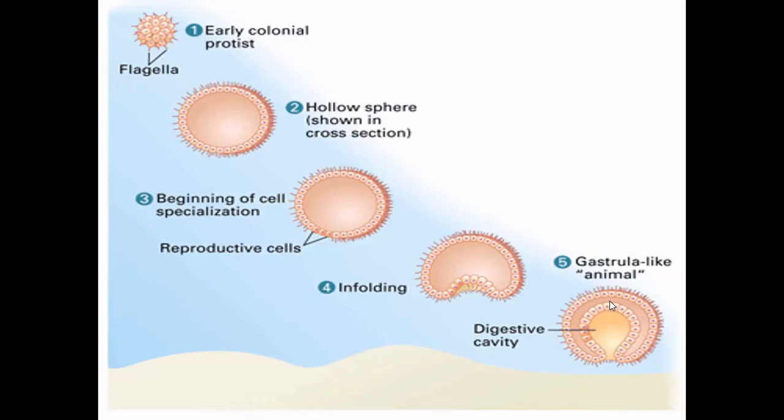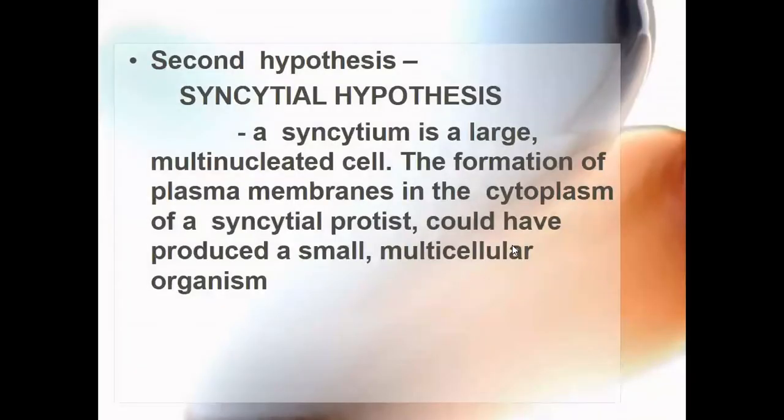Now once nag-create siya ng enfolding, so the need of the colony to survive, they have to perform specific tasks. Like this one, ang naka-expose sa labas is more on protecting the cells inside. So naging part siya ng integument. While the cells inside will do the function on digestion process, then distribute it to the nearby cells. Nagmula ang gastrula, or the primitive type na stomach. Okay, how about